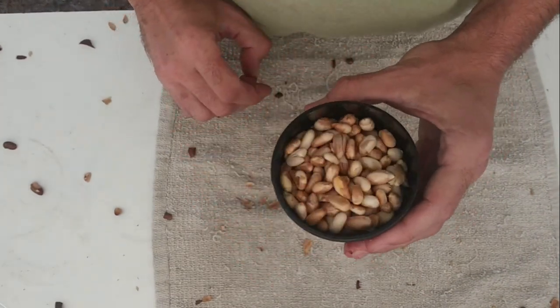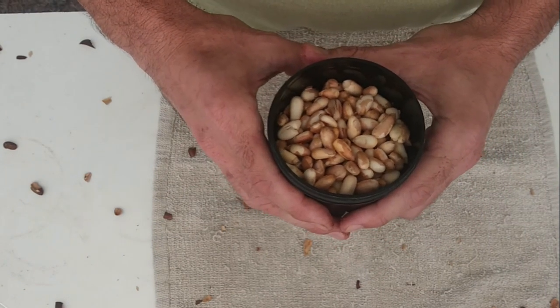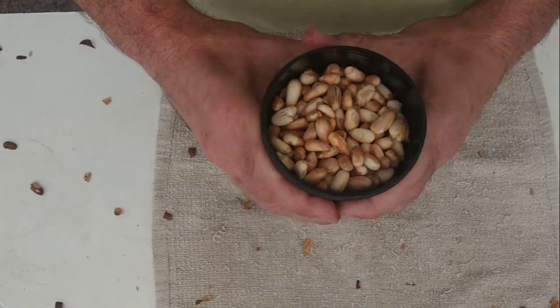Alright, there we have it. I'm going to toast these up and I'm going to go and get some stuff from the high tunnel to make our pesto. While I head out there, I'm going to send you over to Kaliki to see how he's doing with those